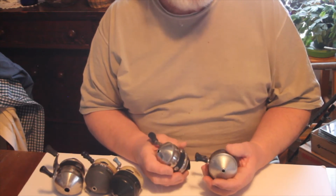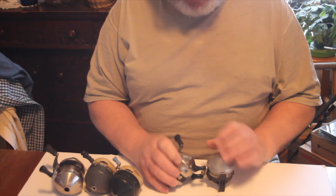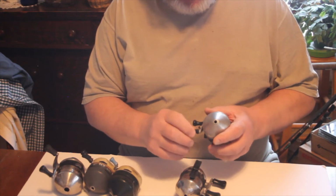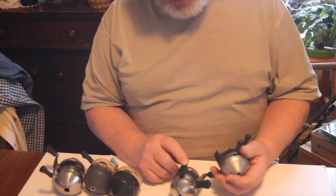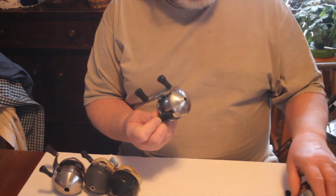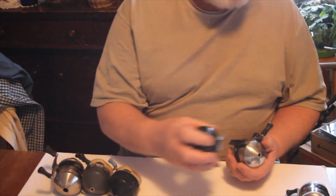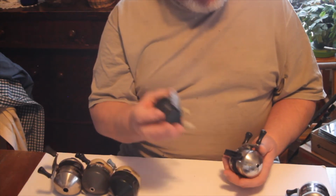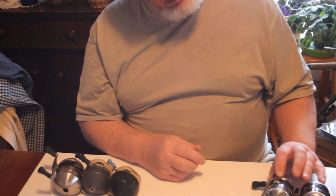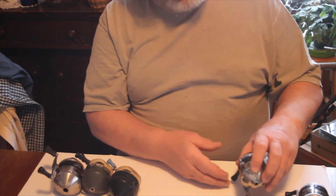The early ones were made with brass gears, and these later ones still have much brass in them, and these definitely have metal, no plastic on them in that respect. Of course, there's plastic on this area. These are newer ones. You can see here that they have a plastic seat at this point. The older ones have a metal one, such as this, or such as this, and so this places them a little bit older, but these are newer ones, and yet these I have had for well over 20 years, and so they are still very useful, very good